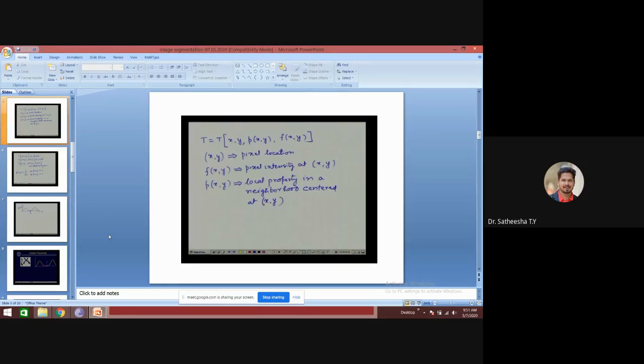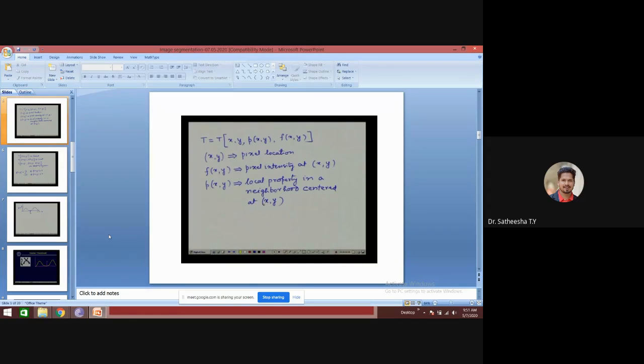So this is the pixel intensity at location x comma y, and p of x comma y is the local neighborhood property, some local property in a neighborhood centered at x comma y.